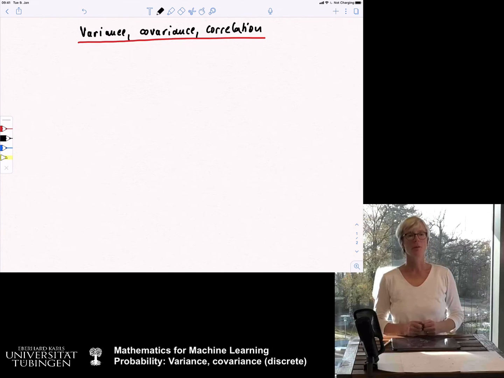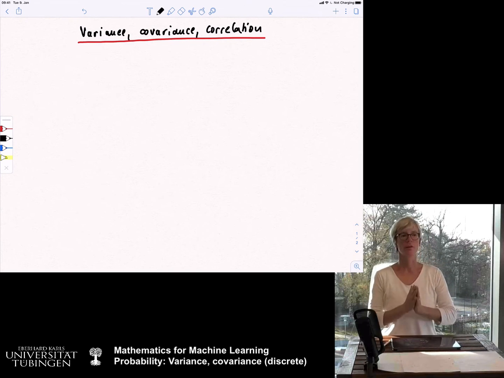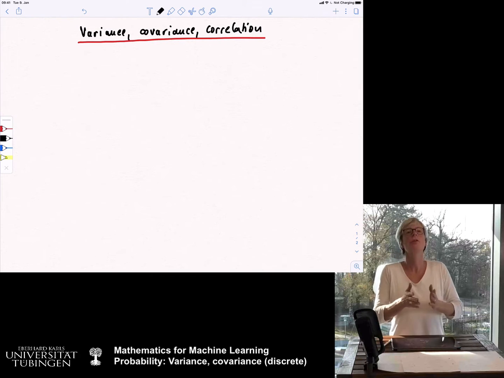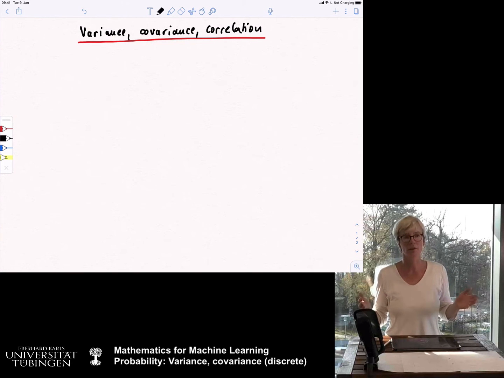After we've seen what the expectation is, the next related quantity is the variance. While the expectation measures the average value, so what would be the most typical outcome of a certain random variable, the variance measures by how far the actual realizations of this random variable deviate from this expected